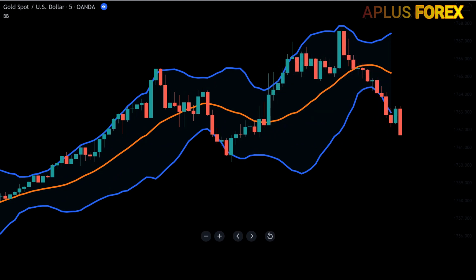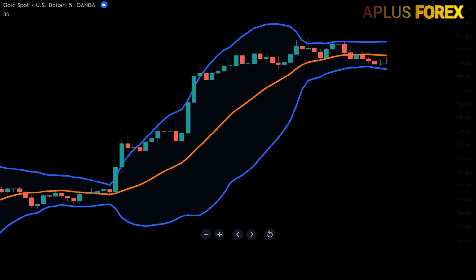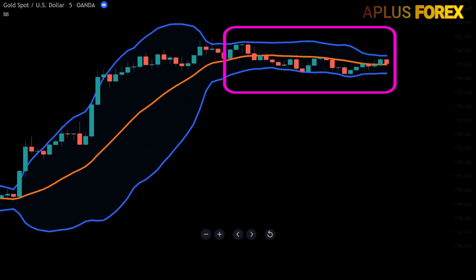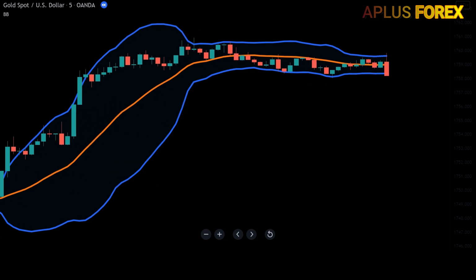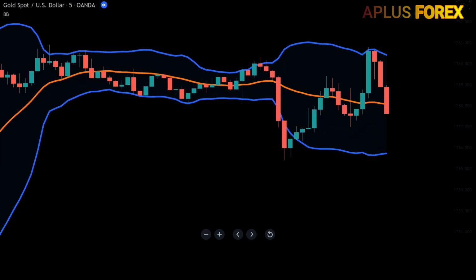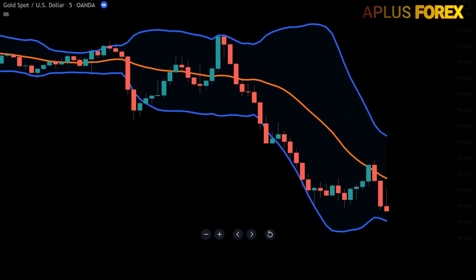Another strategy to consider when trading with the Bollinger Bands is the Bollinger Band breakout or squeeze strategy. A squeeze happens when the price has been moving aggressively, then starts moving sideways in a tight consolidation area. A trader can visually recognize when the price of an asset is consolidating because the upper and lower bands get closer together. This indicates the volatility of the asset has reduced. After a period of consolidation, the price often makes a larger move in either direction, ideally on high volume.